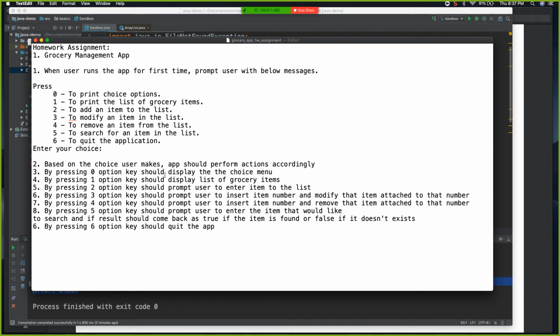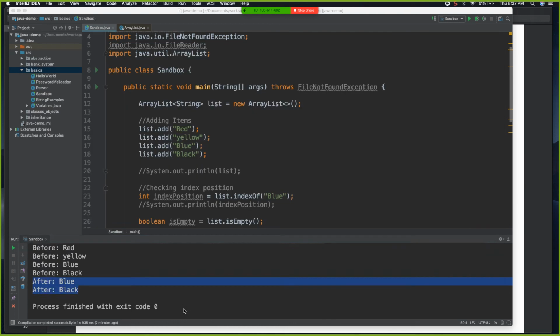So by pressing the 0 option, the key should... So this is pretty much what is being described here. Nothing really special, right? The requirement is easy, but the implementation is actually a lot of code. So what you have to do is,